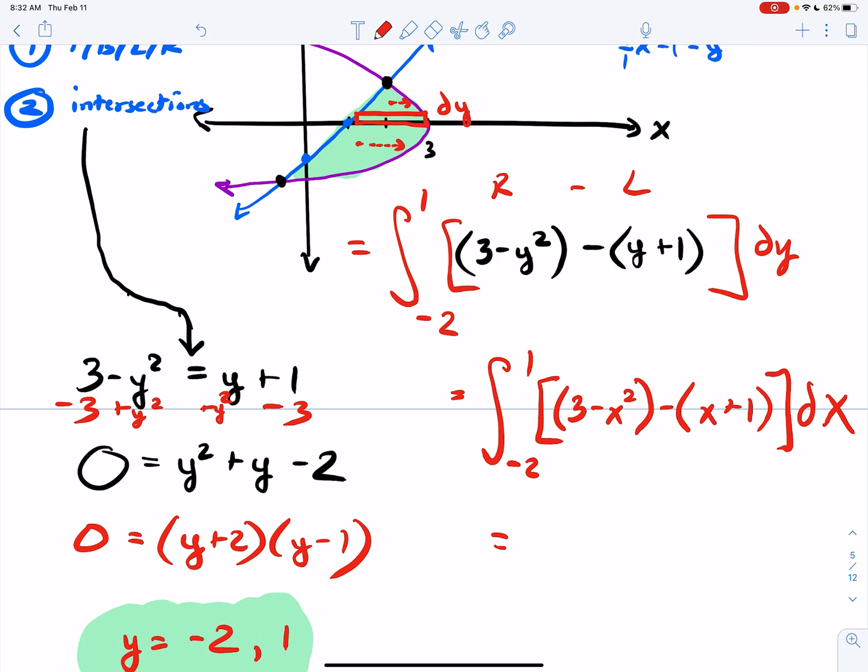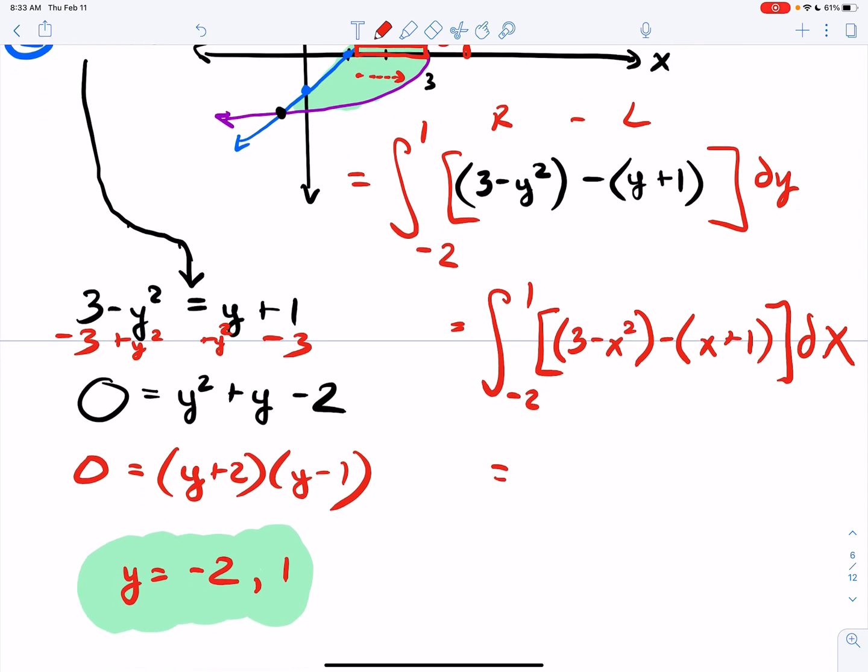Okay, so once again, it's Math 9 for the integral symbol. From negative 2 to 1. We're going to have 3 minus x squared. Now, before I continue, some of you may get caught up with these